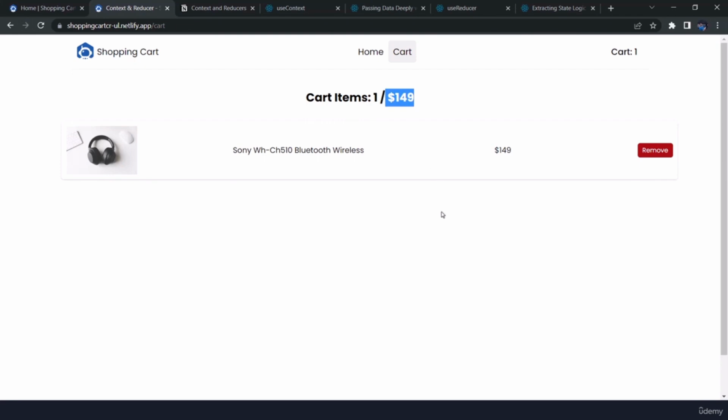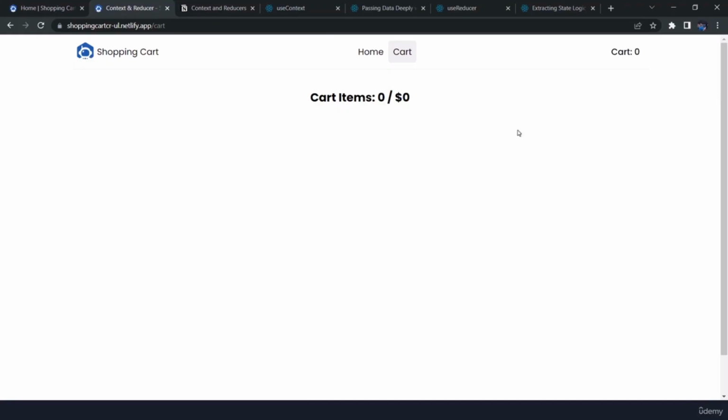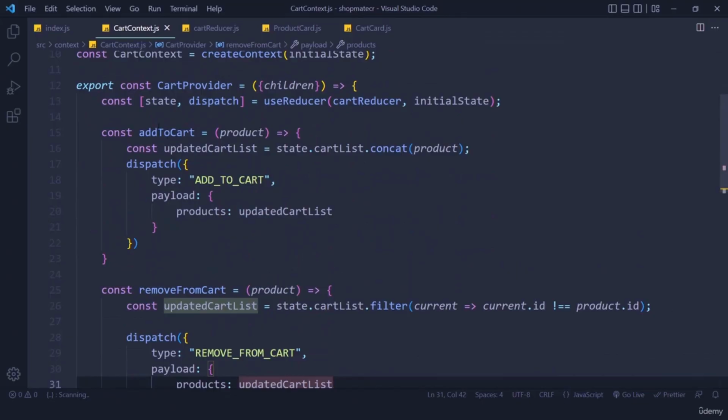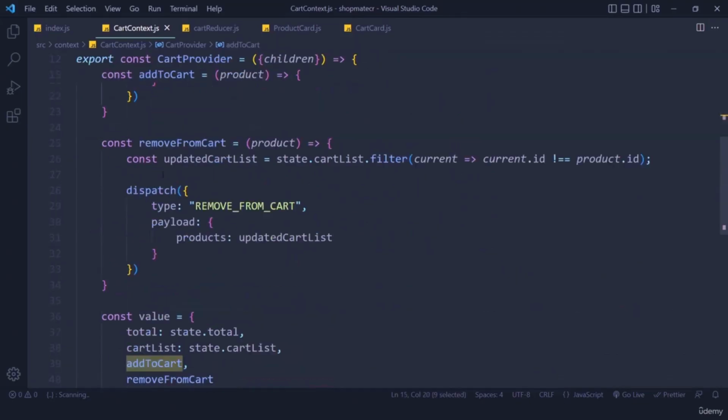This can be one way, but every time we update our cart list we need to update this as well. So what we need to do? Well, we can create a method and we can call it every time we update our cart. So we update our cart at the time of adding and we update our cart at the time of removing. So what we can do? Well,